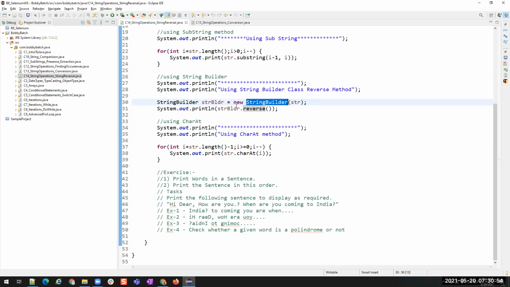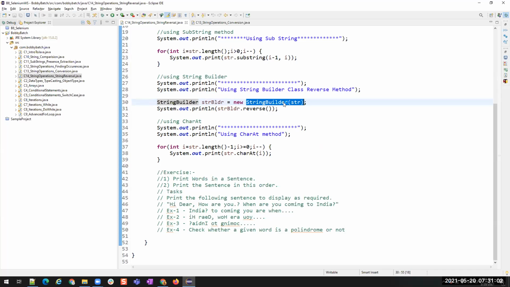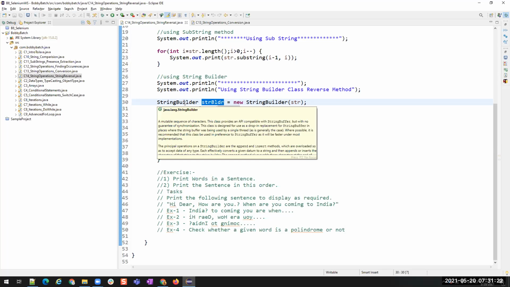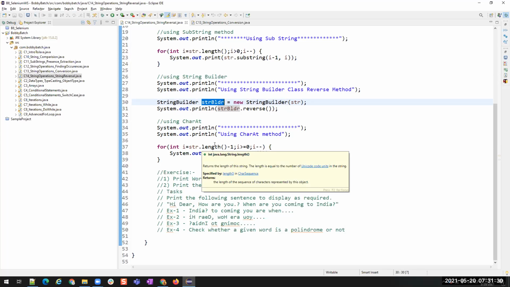That is the reason we are using the new keyword, so that all the members of the StringBuilder class are copied into a new object, str builder, and a new memory is created inside the memory space. This is going to have a new memory allocation with all the members of the StringBuilder class. It's a duplicate copy, a Xerox of the StringBuilder class present inside this str builder object. Understood?